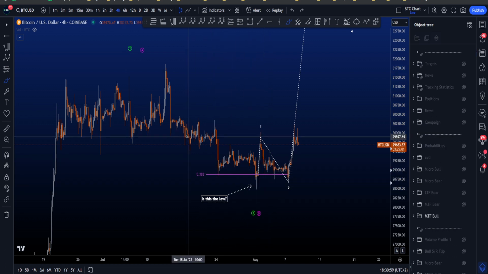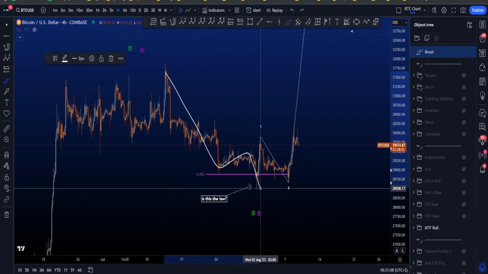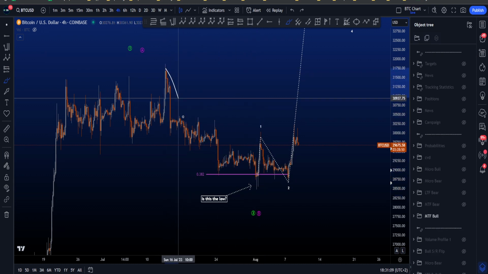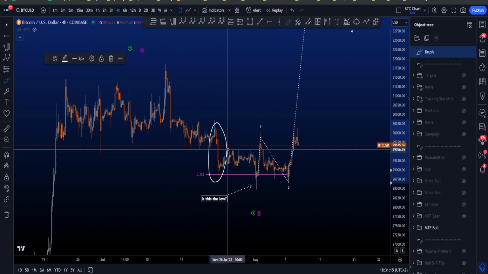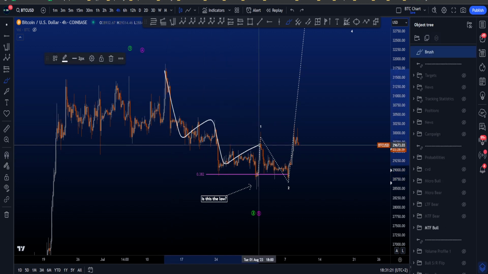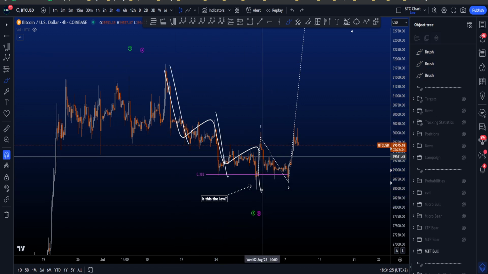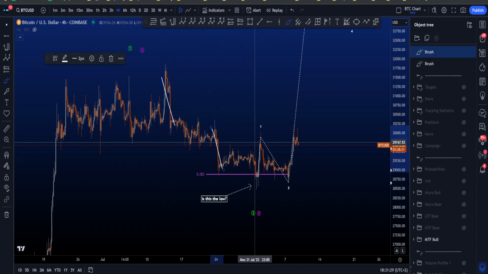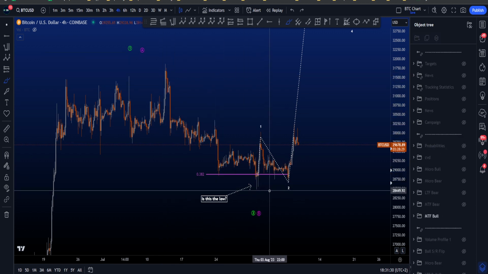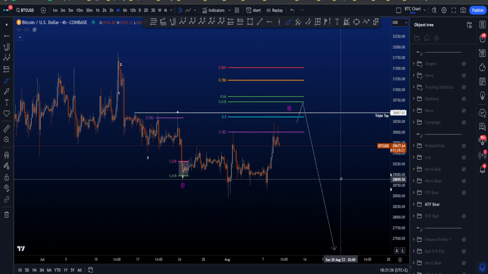And if we're thinking about a WXY scenario, then we have to think about a 3-wave structure. So you're going to be like W, X, Y, but Y is extremely short in this scenario. This does not look like a 3-wave structure by itself, so you got to include this bit here. So a W, X, Y doesn't really fit. You could potentially think about a W, X, Y, X, Z, but in this scenario, the W, the X, and the Y, or the Z, sorry, have to be 3-wave structures, and they look impulsive on the lower time frames. So therefore, currently the probabilities are lower for this particular scenario, where this scenario has the higher probabilities,